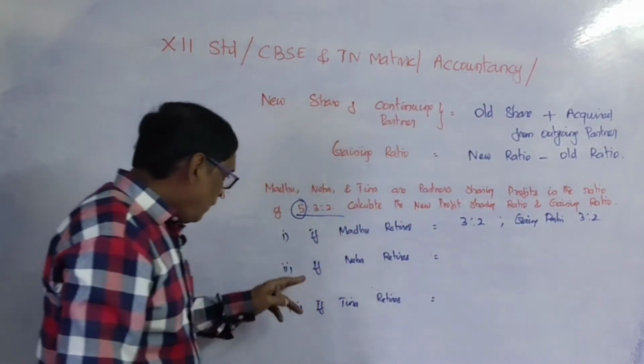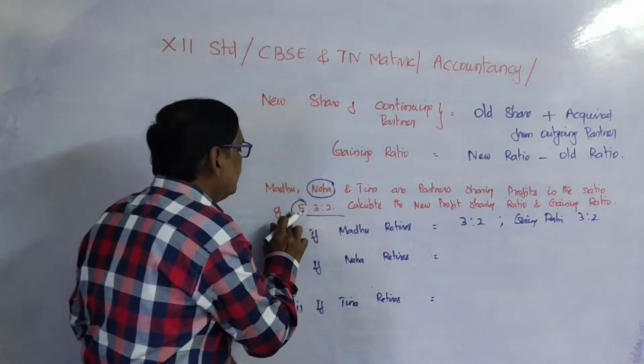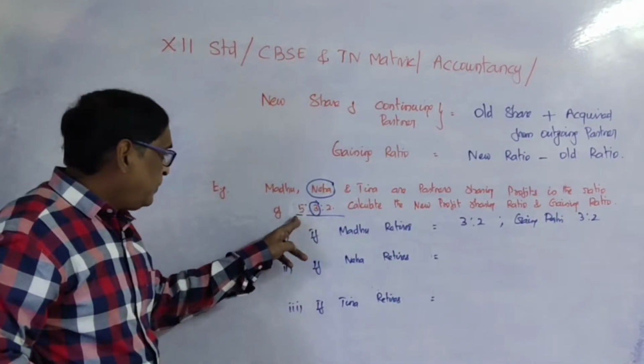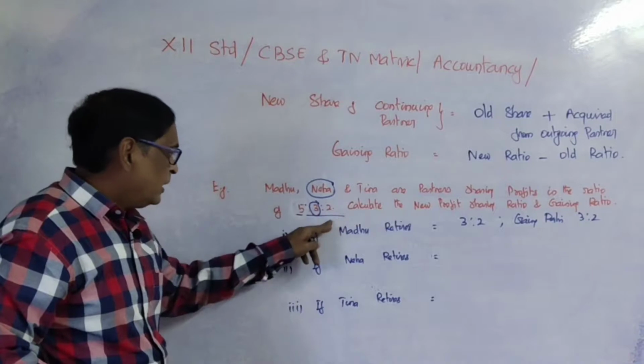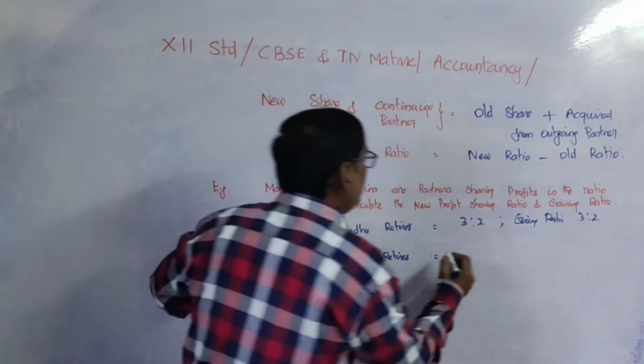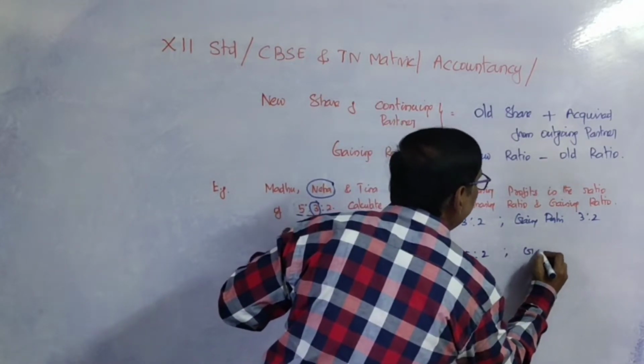Understand? For example, if Neha retires, what is Neha's share? That is 3 out of 10. So if she retires, the remaining partners will be Madhu and Tina. The new profit sharing ratio will be 5:2, and the gaining ratio will also be